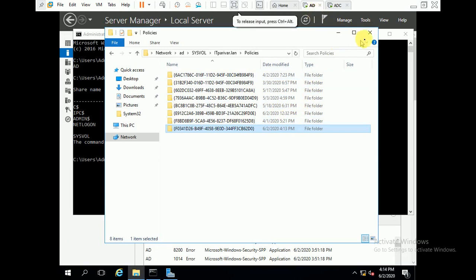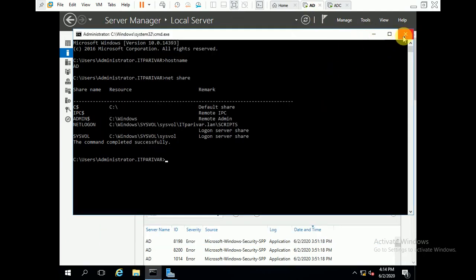So guys, I hope it is very clear to you how you can recover missing netlogon and sysvol folders, and how you can check whether your group policies are replicating or not.